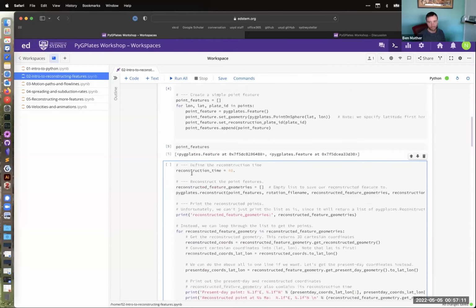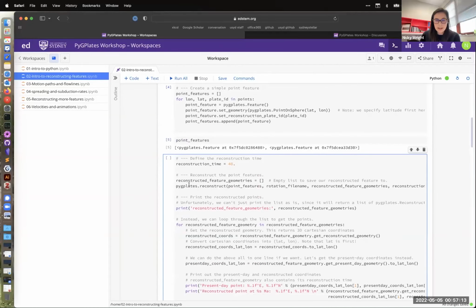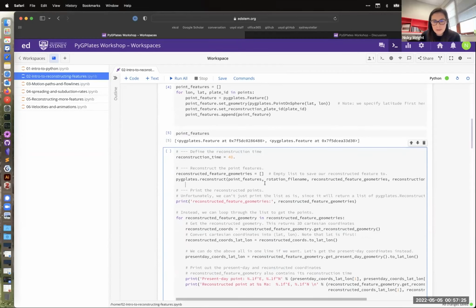So the next step then is we can define a reconstruction time and then actually reconstruct that to some time in the past. You can't really see, the wrapping isn't great here, but there's this function pyGPlates reconstruct. I think I've got a link in the document, or one of the notebooks, to the documentation. This little function takes input of point features, and it takes a rotation of whatever your points are, whatever your file is, takes a rotation file name or a rotation model,